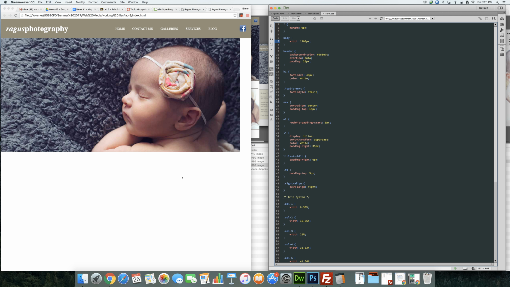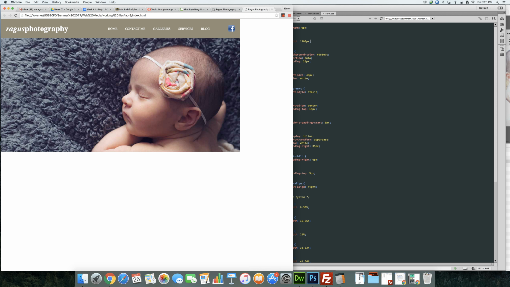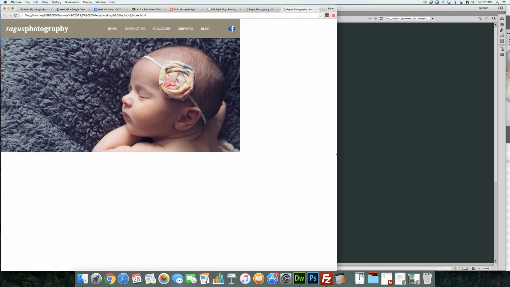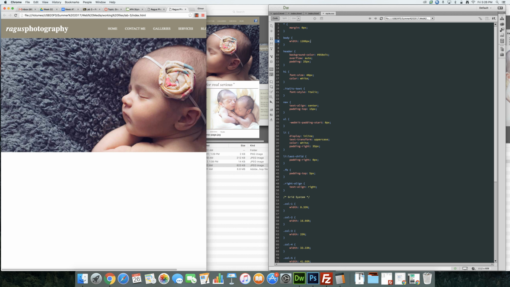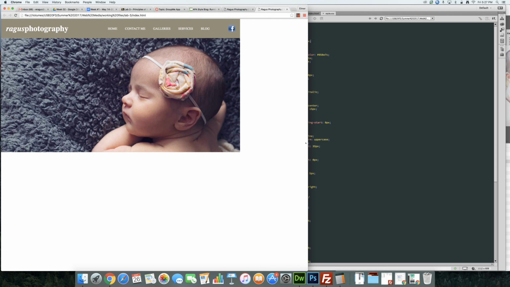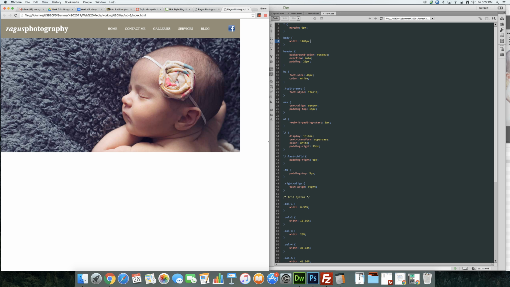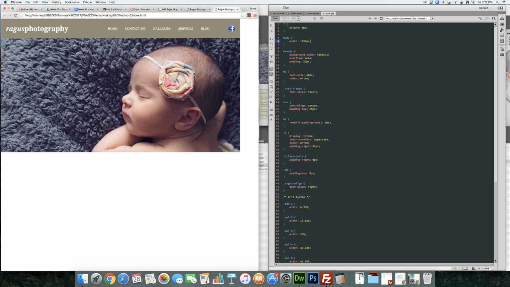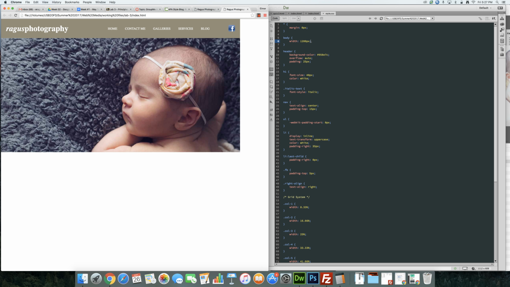Save that and refresh our preview. And now we are left with a fixed width web page. It's 1200 pixels. Now, most web pages that you visit will have it to where the page is centered within the browser window. To do that,